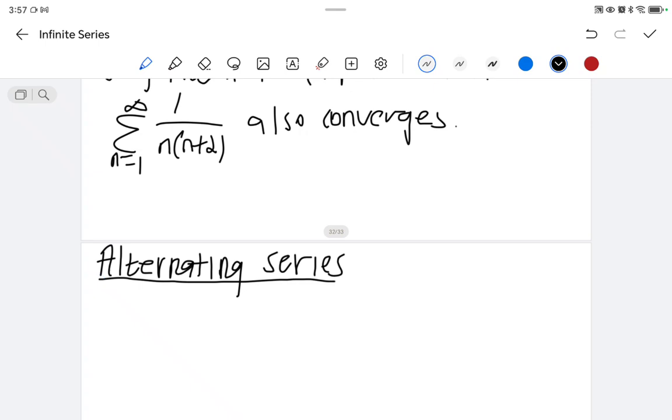So the alternating series, most of us are familiar with this. I can say all of you are familiar with the alternating series, because it's when we're given a series that has -1 to the n. So if we have the summation of this times a of n, this is an alternating series. So let me just define it. So we can say that this is a series